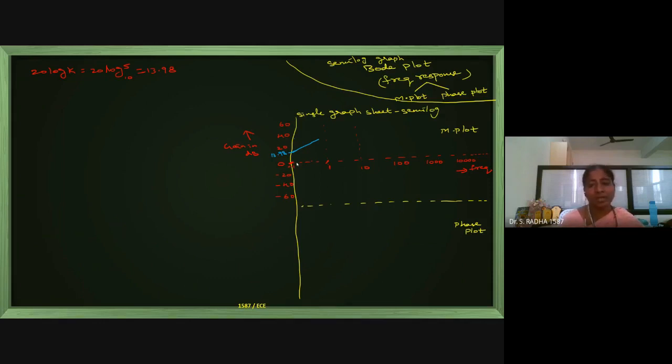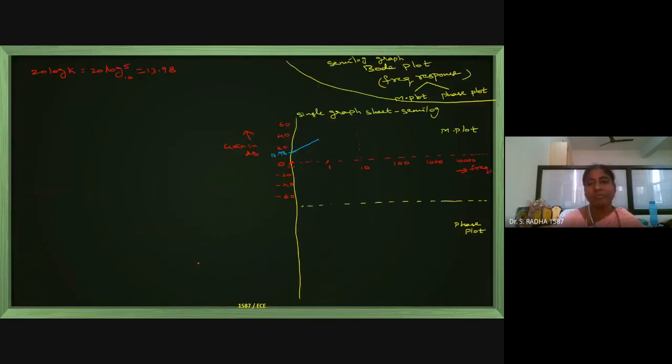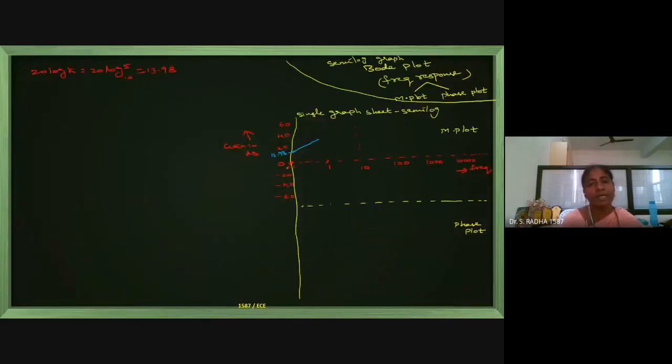But for the initial x-axis value of 0.1, how I am taking it, you have to check the corner frequencies in this column. I need the availability of 0.5, 4, and 5. These should be available in the graph sheet. If I start the x-axis first point itself from 10, then 0.5 will not come, 4 will not come, 5 will not come. If I take the starting point as 1,